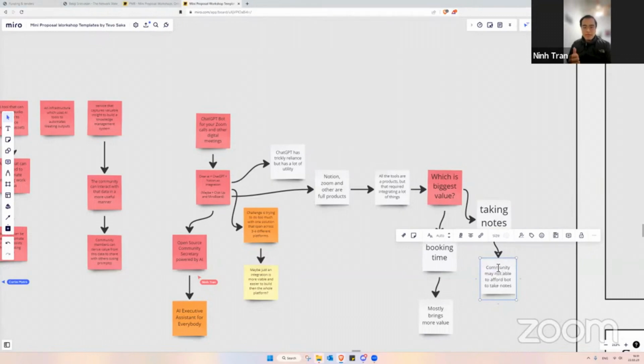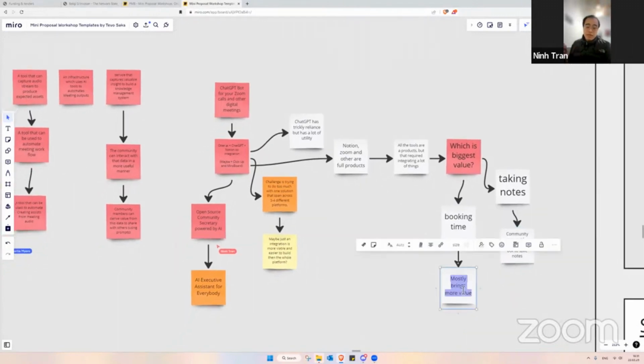Buildable, easier to build and launch. And then once you launch that, you can build the AI executive assistant for business tier users, using all the existing integrations and then add whatever else that you need for that to happen. You can mention that in the proposal as phase 1, phase 2.